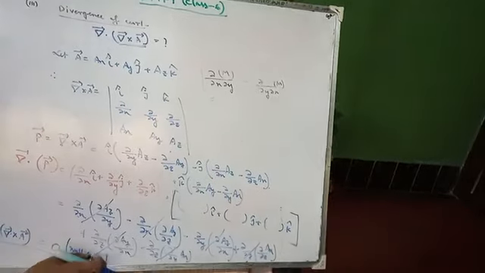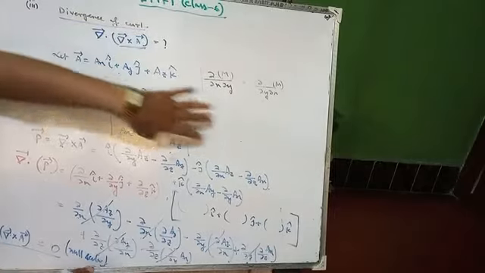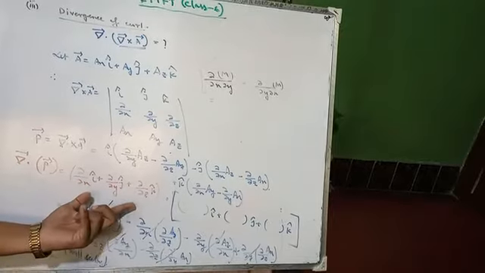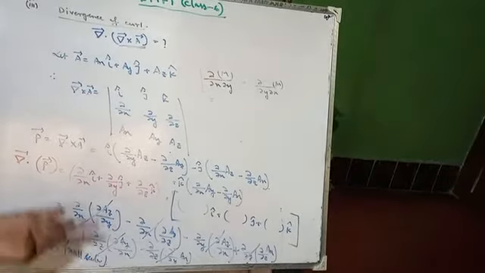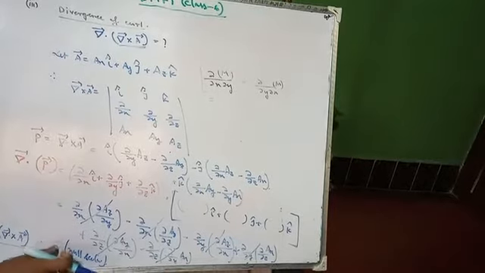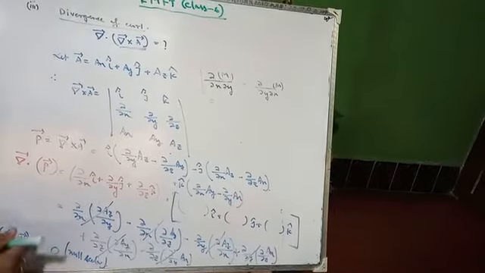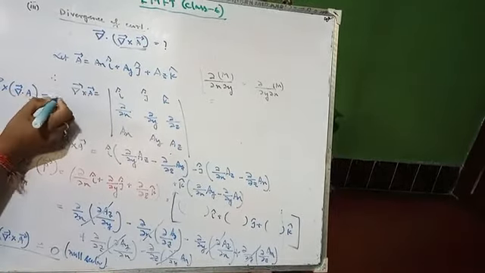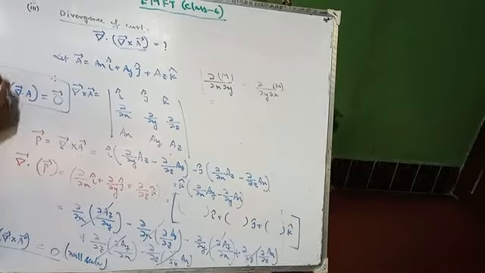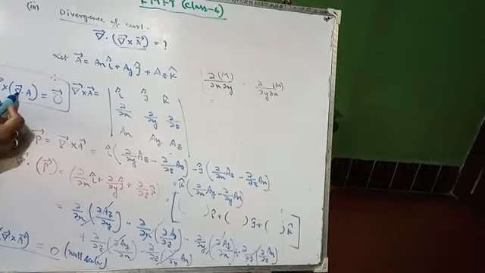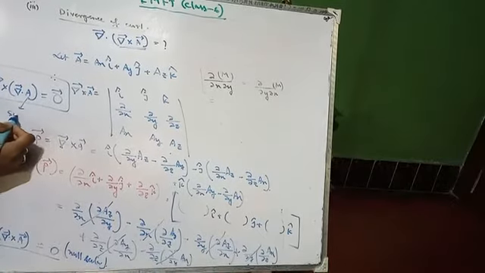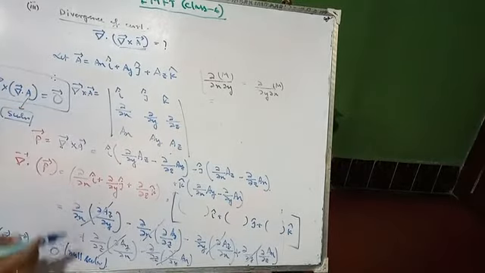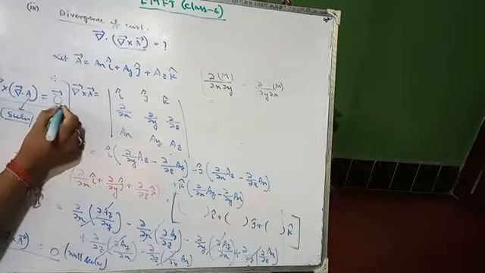So you can see that this curl gives a vector quantity. Again, take the divergence of this with the Nabla operator and you get this 0. Obviously the divergence of any vector results in a scalar, so this 0 is a scalar. But last day I discussed that the curl of the gradient of any scalar A is a 0 vector, right? This A is nothing but a scalar value. The curl of the gradient of A equals 0, so this is called the 0 vector.